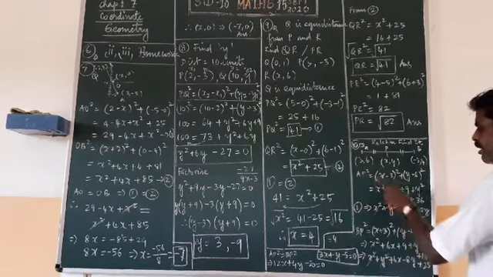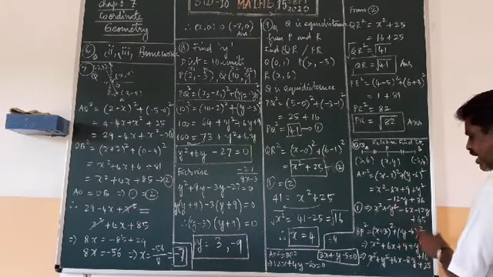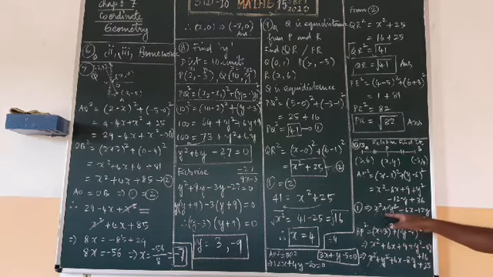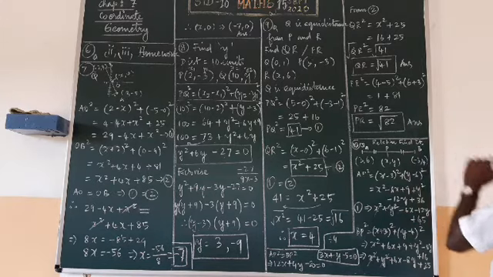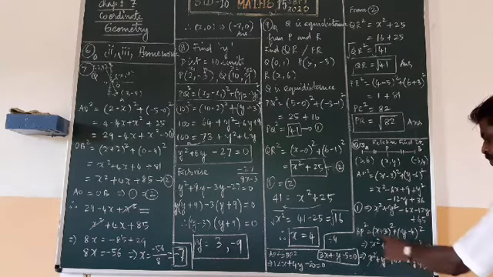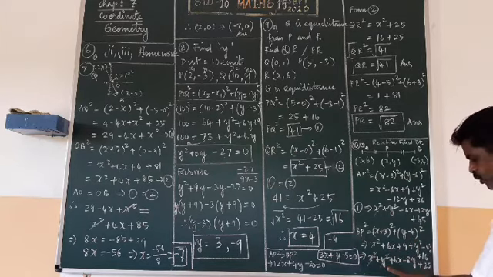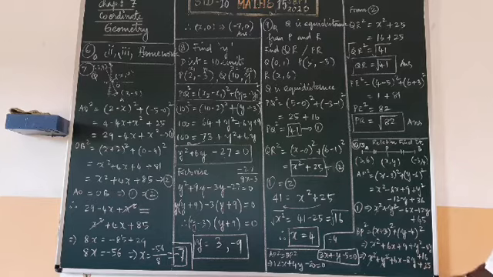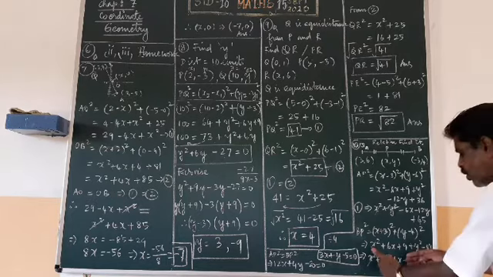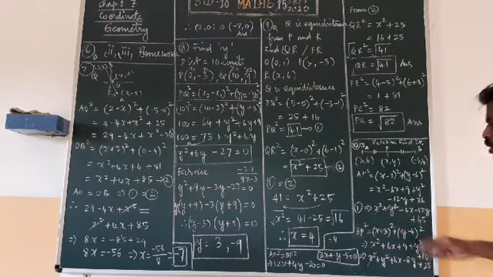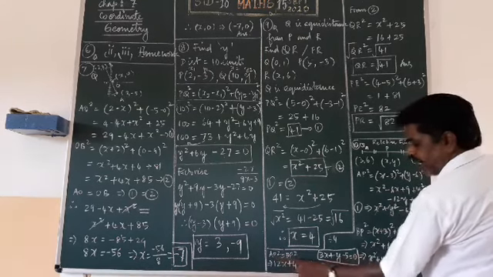So I am finding AP square using the distance formula. I am getting x square plus y square minus 6x minus 12y plus 45. First equation I am getting. Same thing, PB distance I am finding. I am getting x square plus y square plus 6x minus 8y plus 25. Both the expressions are equal, 1 and 2 are equal. That means AP square equal to BP square.